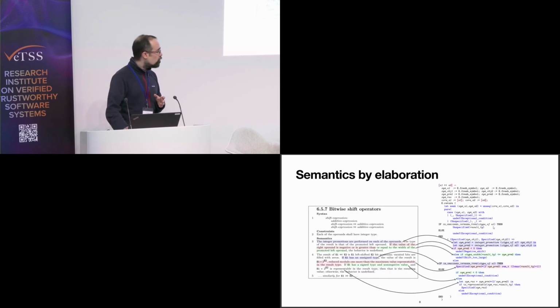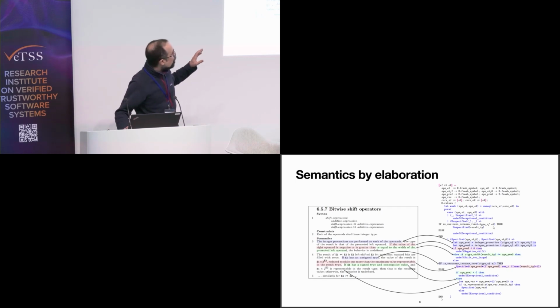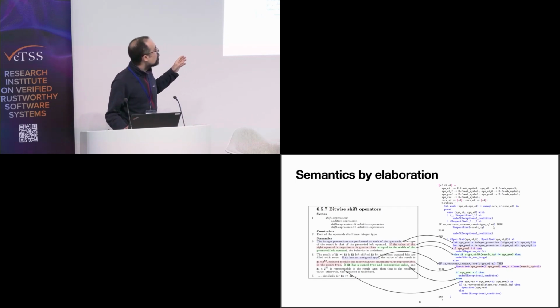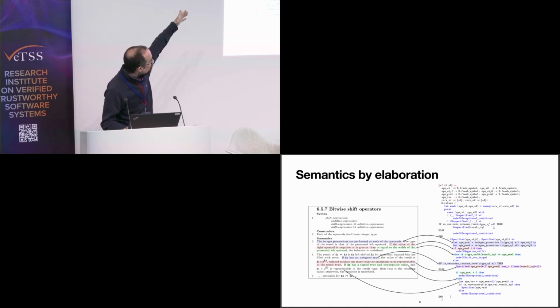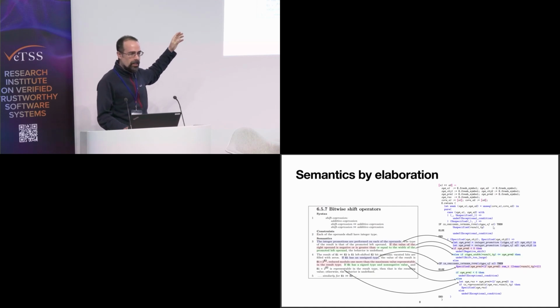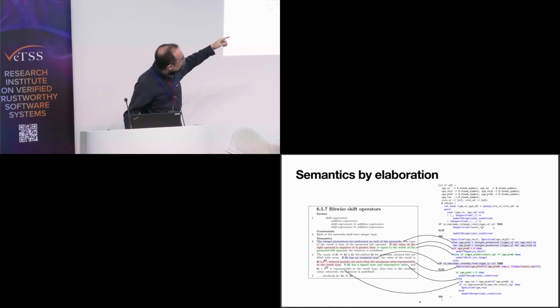So just to give you a taste of what this looks like, on the left side you have the C standard page describing the semantics of a bitwise shift operator. And you have a bit of syntax at the top, but then most of the definition is really just English text that gives you the typing rules of these operators and then the dynamics of these operators. On the right, you have